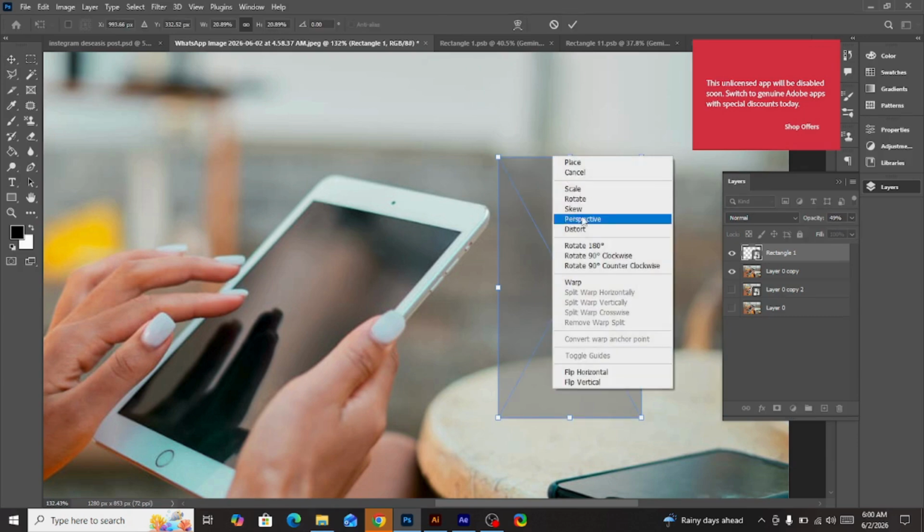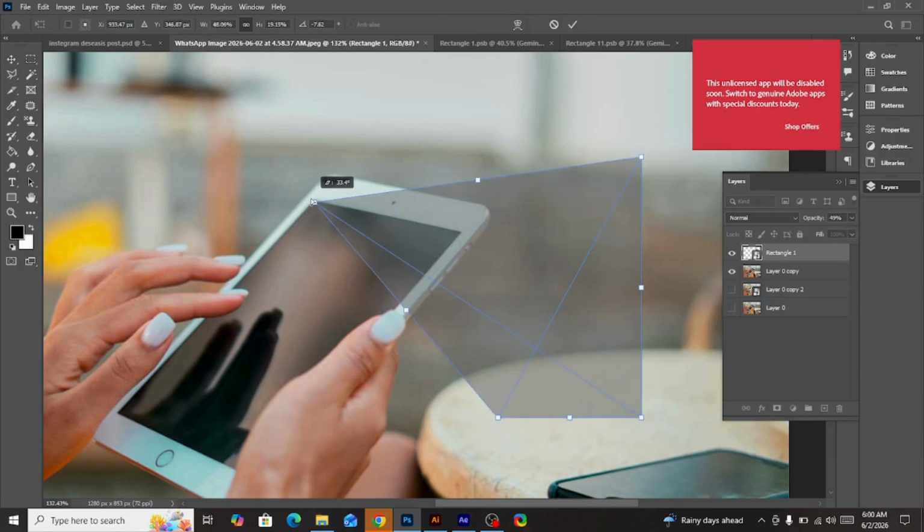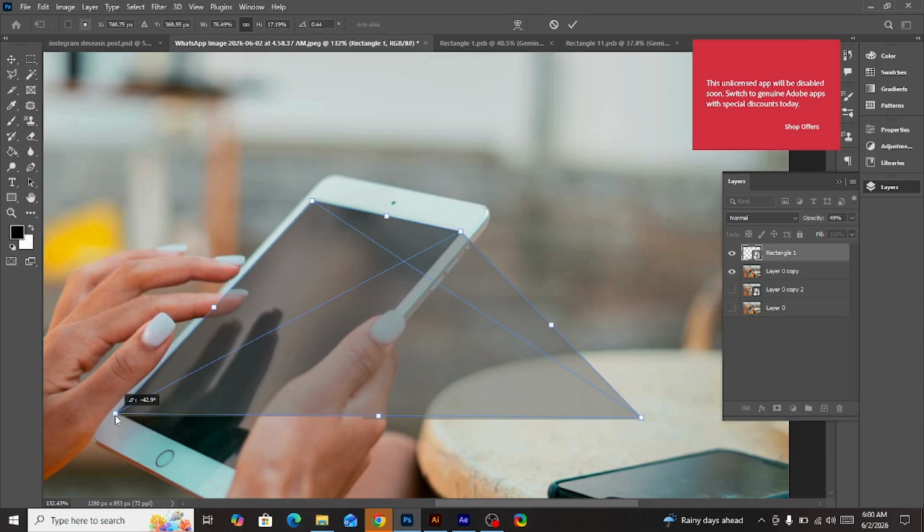Then, I'll right-click on the layer and choose Distort. Carefully adjust each corner point so that the shape perfectly aligns with the perspective of the tablet screen. Once the shape is properly positioned,